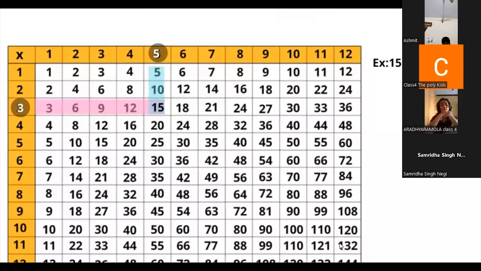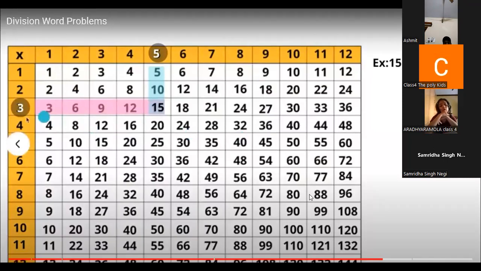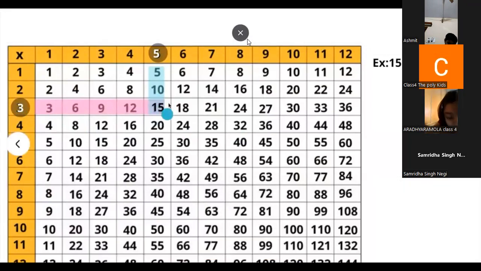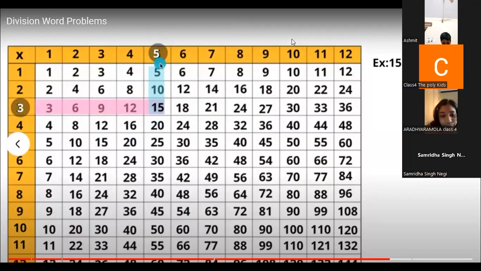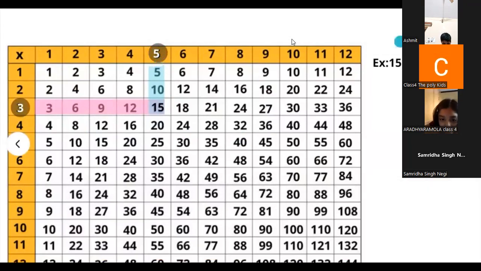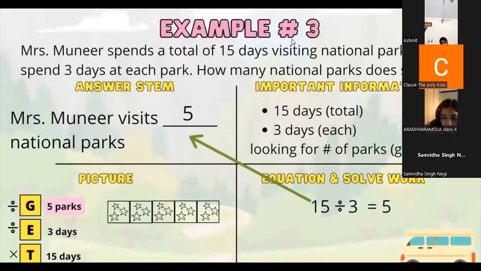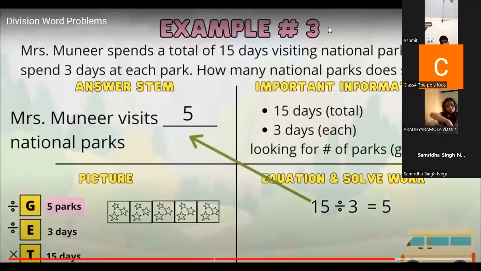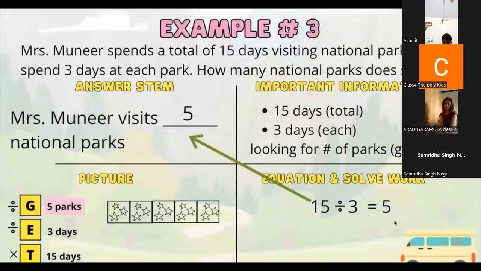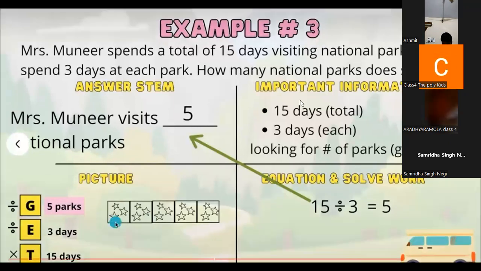We're going to first locate the divisor 3, slide over to the 15, and then just look up, and we see our answer, which is 5. Mrs. Munir visits 5 national parks. So now you could go ahead and fill in your picture model. Draw your 5 squares, fill in 3